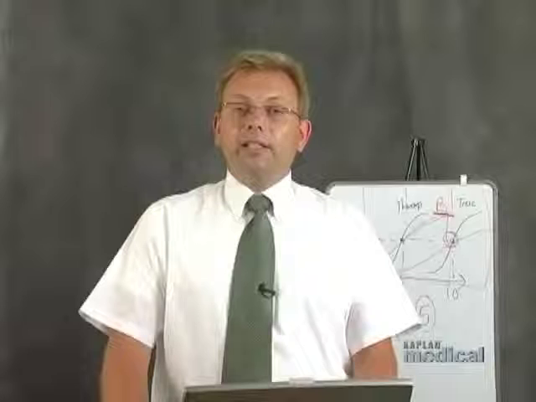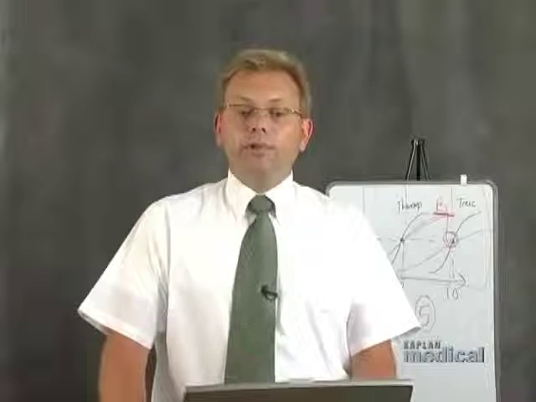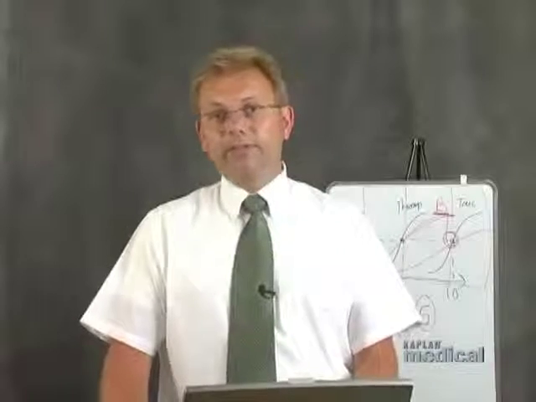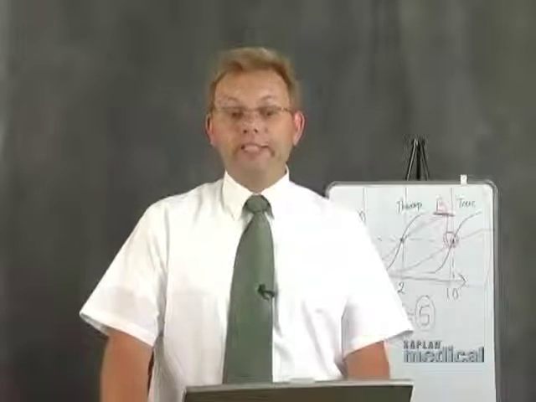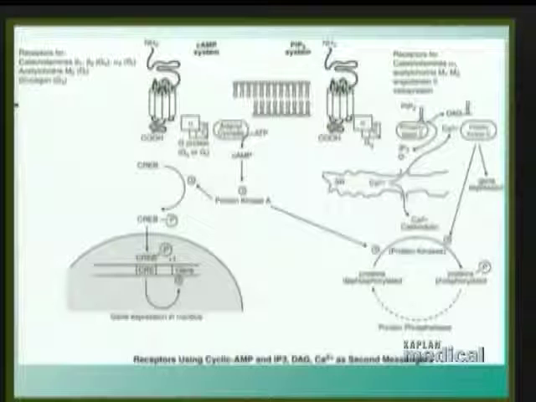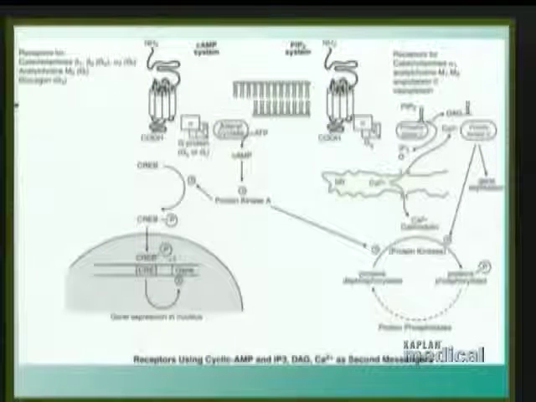Receptors linked via coupling proteins, particularly G proteins, are yet one of the even more common mechanisms by which drugs will cause their effect at the molecular level. And you see a diagram showing you cyclic AMP, IP3, diacylglycerol, and calcium as second messengers. This diagram is actually pulled out of your biochemistry syllabus and reminds you of the G protein coupled receptors and their pathways. This is a classic diagram that has always been high yield on your exam, so follow it well